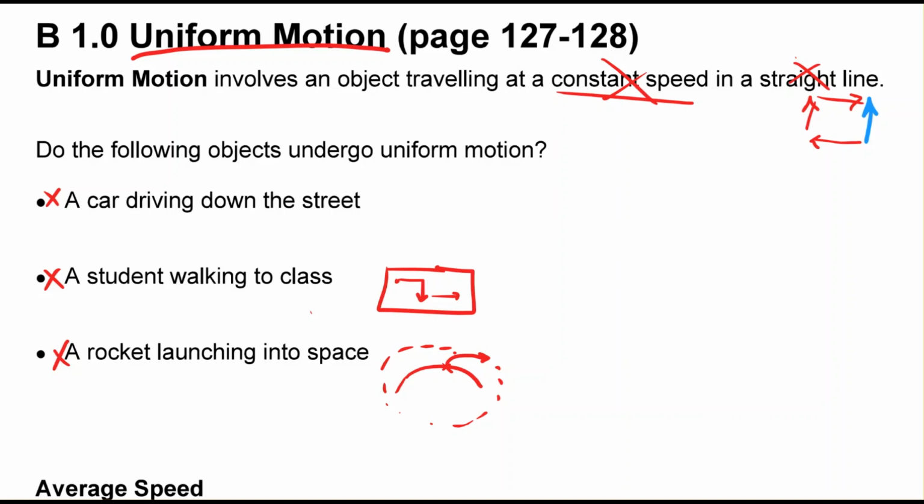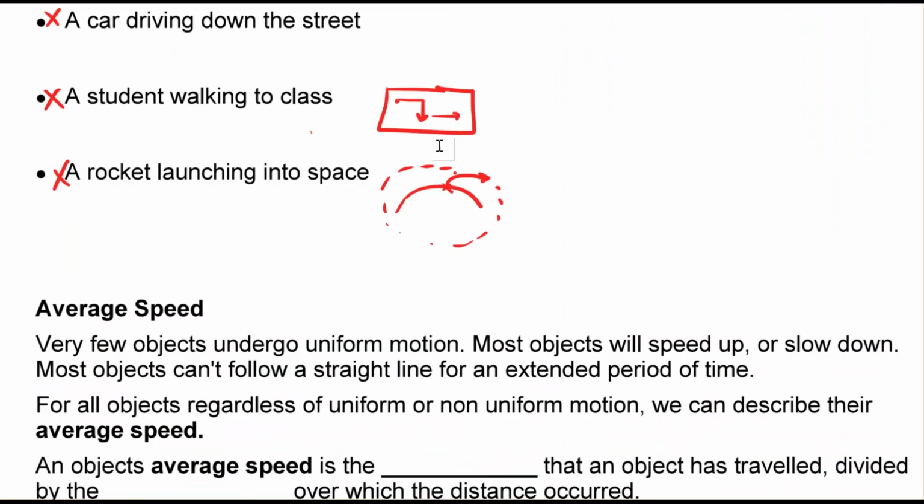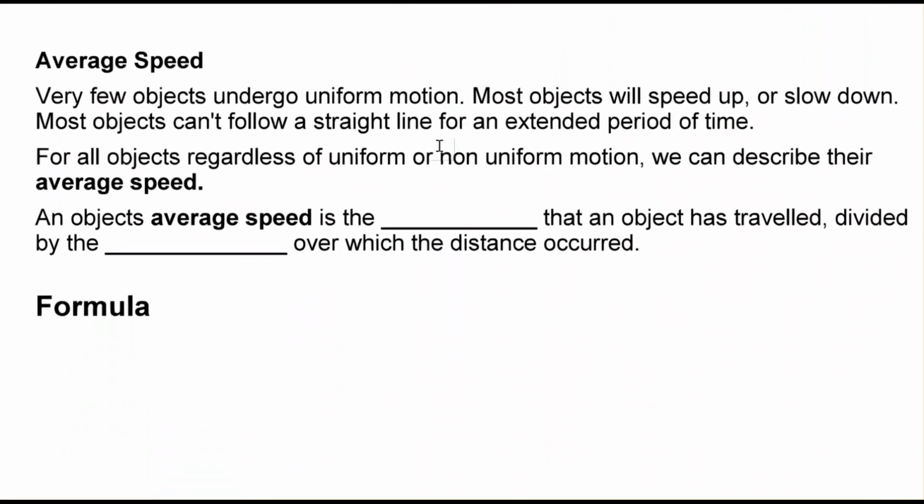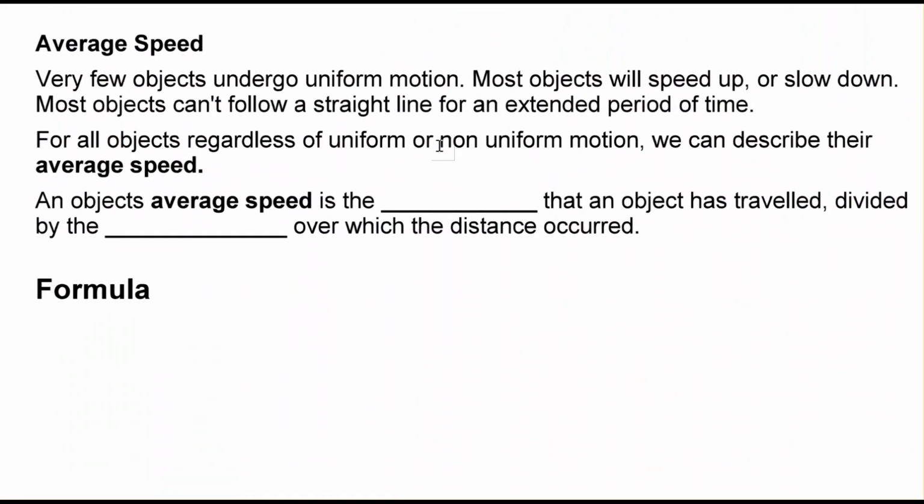So instead of talking about things with uniform motion, we usually talk about things with non-uniform motion, and we like to talk about their average speed. Very few objects undergo uniform motion. Most objects will either speed up or slow down. Maybe they'll go in a different direction, something like that. For all our objects, regardless of uniform and non-uniform motion, we can describe their average speed. And their average speed is defined as the total